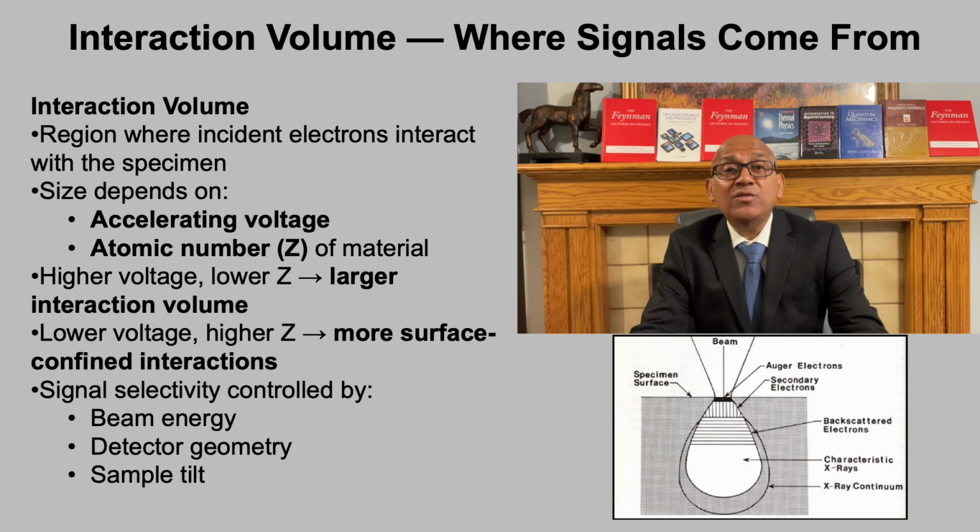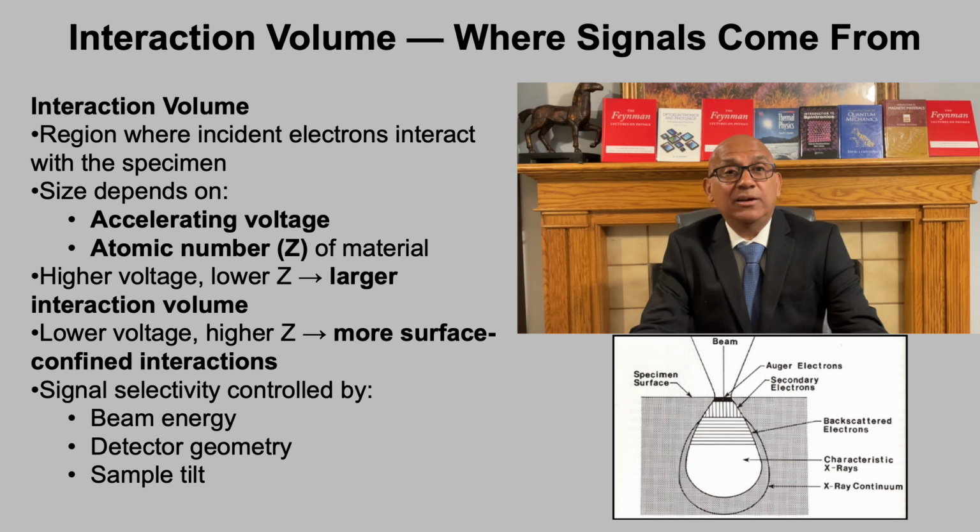The size of the interaction volume depends strongly on the accelerating voltage and the atomic number of the material. Higher accelerating voltages give electrons more energy, allowing them to penetrate deeper and generate a larger interaction volume. Similarly, lighter elements scatter electrons less effectively, also leading to deeper penetration. In contrast, lower voltages and higher Z materials confine interactions closer to the surface, which is particularly useful when surface